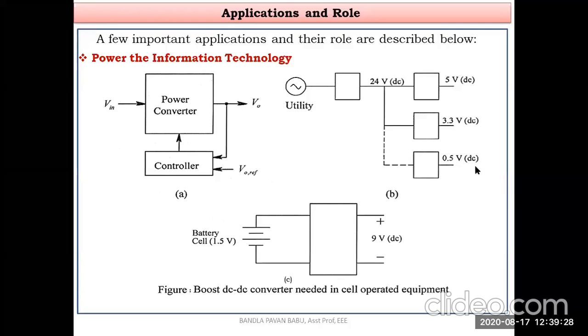So likewise, we are not thinking about its working. We need to provide the source in a controlled manner. Based upon the appliances, we need to use two equipments, that is the power converter and the controller. So what is the control in it? Consider the last example, that is C. It is a 1.5 volt battery and we need to boost it up. So it is nothing but a boost converter.